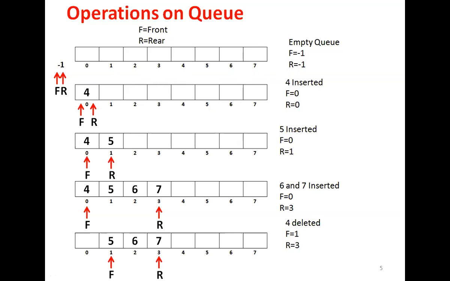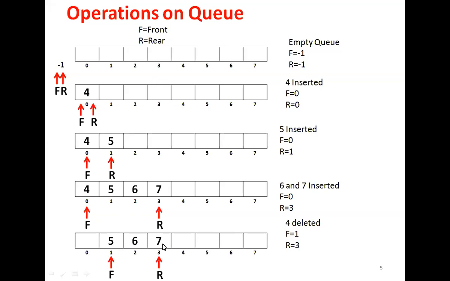Size minus 1. What is size minus 1? Maximum size. No, no. What value will be size minus 1? Will front value be size minus 1 or rear value be size minus 1? Rear value. Yes. If you increment like this, the rear will be pointing to this 7. See here in this queue, what is the size of this queue? 8. That means a total of 8 elements can be stored in this queue, and the index starts from 0 and goes up to 7.